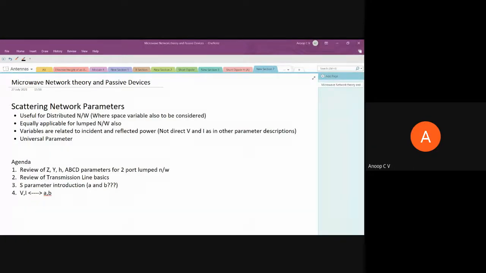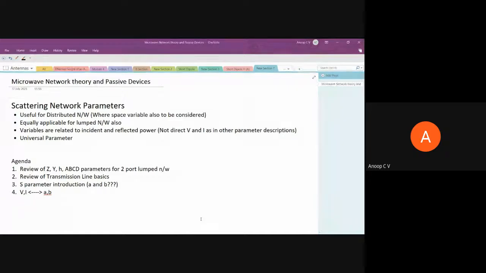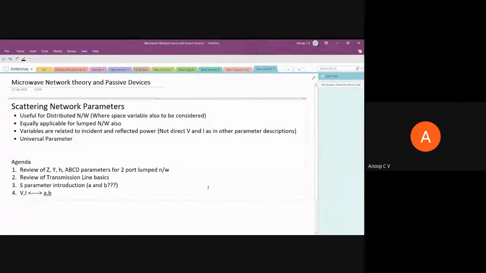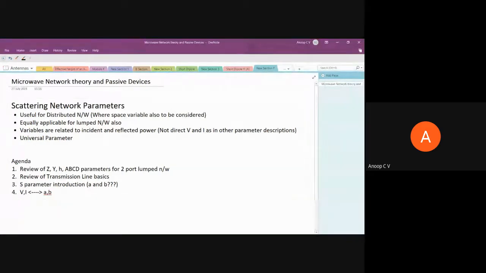Good evening and welcome to yet another online tutorial on microwaves and antennas. We are into module 2 now, right? So today we'll start with module 2. This is a very small module, and in this we'll be studying various microwave passive devices. Before we study them, we should know how to describe them using microwave network parameters, which is about the microwave network theory we have seen in the first module itself, right?